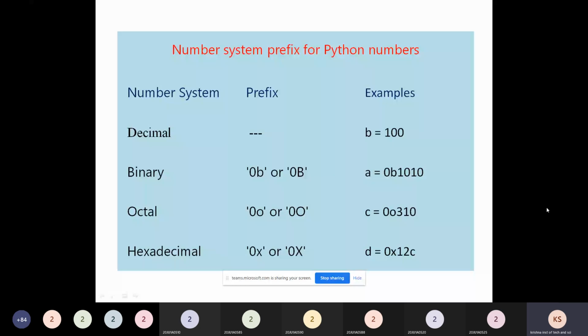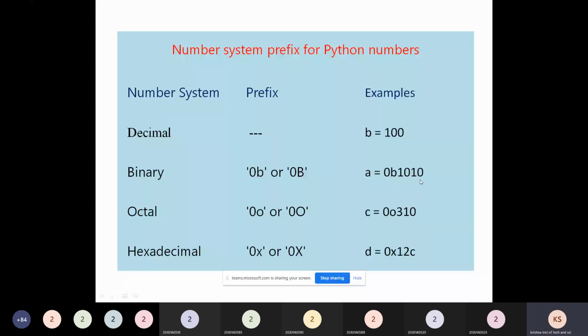Here 0b is the binary prefix notation, so you can use 0 small b or 0 capital B, and 1010 is the binary form. So what is the decimal value for this one? The decimal value is 10. So 1010 is the binary form of